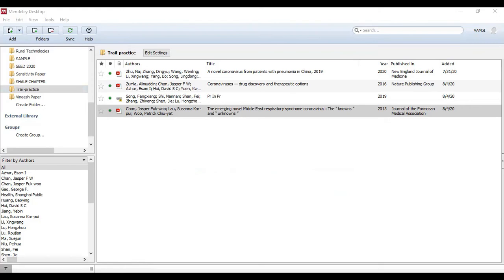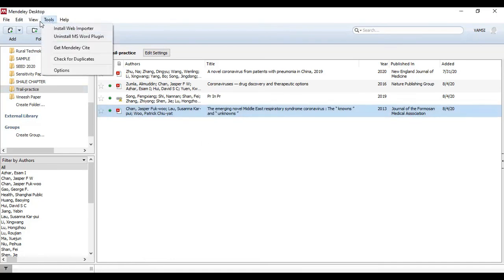Similarly, the citations where you have mentioned 1, 2 and 3 will also change automatically. You don't need to change anything from your side. Mendeley will do it automatically no matter what type of journal you're going to publish. You just need to select that particular journal style, and the rest will be done by Mendeley itself. I'll show you one more example with another type of journal.